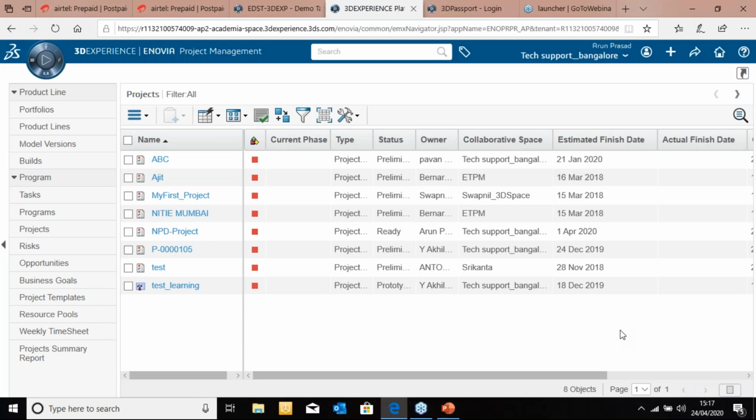If I am an organization who has diversified business verticals, let's say for example, I have a business vertical in the automotive domain, I have a business vertical in the aerospace domain, and the third business vertical is general engineering and so on. I would like to have access to each and every project that is running across the three business verticals, and these are all captured by the program management within this particular solution, which I'm just showcasing to you on the left hand side.